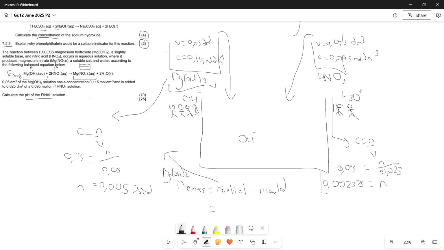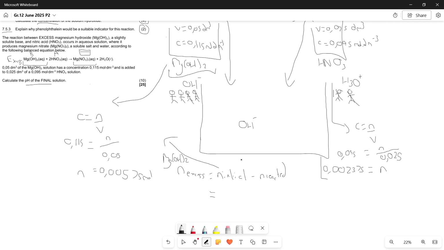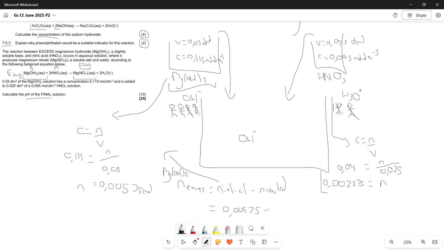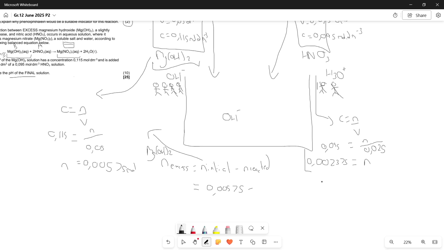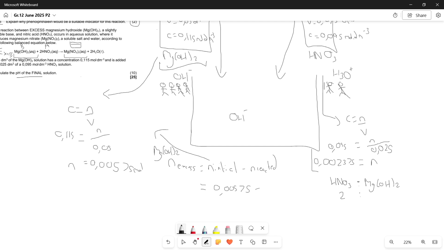Which means we have the initial, we calculated that previously in this first beaker. So we have 0,00575, and then we need to see how much of it reacted completely with the thing that ran out first, our HNO3. By that, we have the amount of HNO3 in terms of moles, but we just have to do the molar ratio from our HNO3 to our MgOH2, which is a 2:1, which means HNO3 over here to our MgOH2 over there. HNO3 had a 2 over here on our initial equation, and MgOH2 had a 1 over there. So that is their molar ratio,